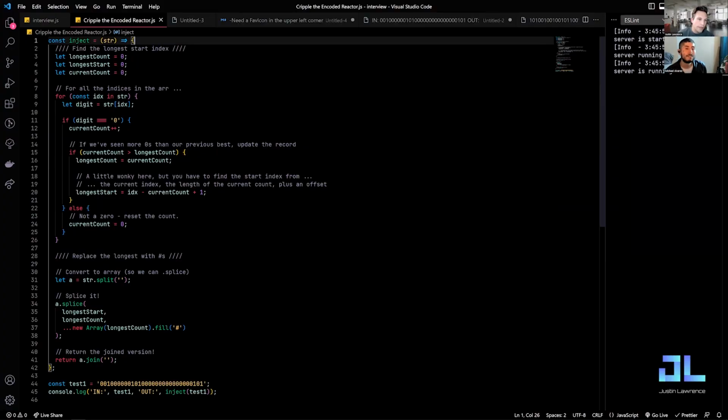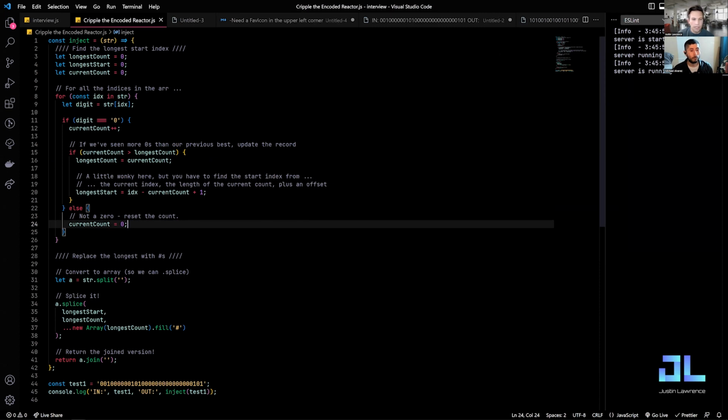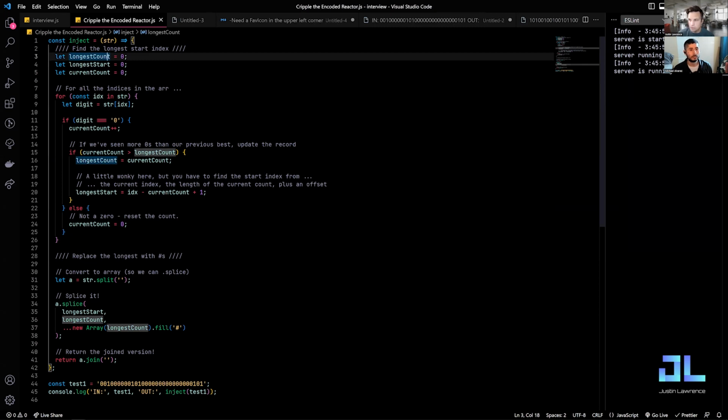Let's see. The way I approach this, and this is mostly comments here, but you can follow the logic here, which is finding what the longest is, just in a numeric sense, where it starts, in terms of an index, and then what count I'm on, because as you're trying to find the longest count, you have to keep a sense of what count am I on. And then I just go through